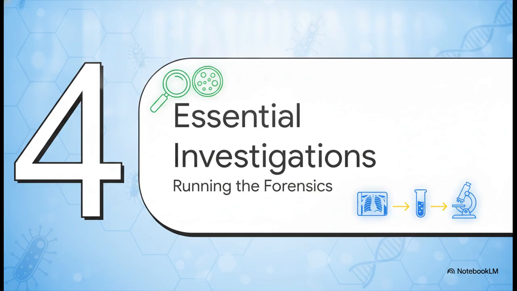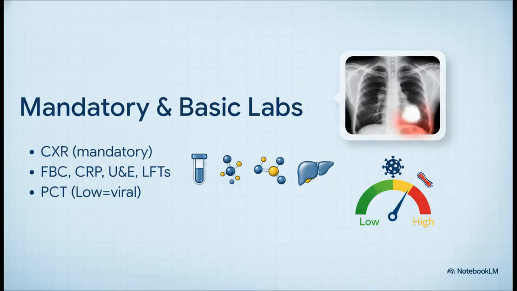Let's run the forensics. So the crucial starting point here is absolutely mandatory, a chest x-ray. You have to look for that infiltrate or consolidation. It's the absolute key for a diagnosis. Below that, we run our basic labs. A full blood count, CRP to measure the inflammation, UNEs to check those kidney functions we just talked about, and